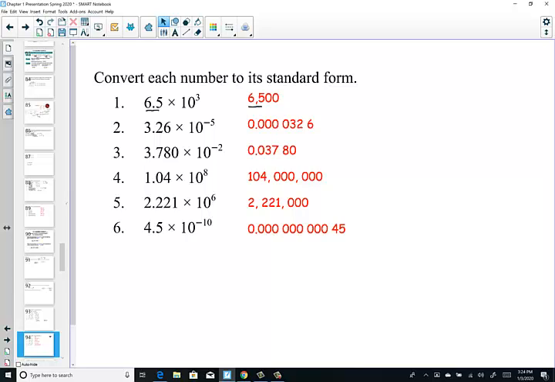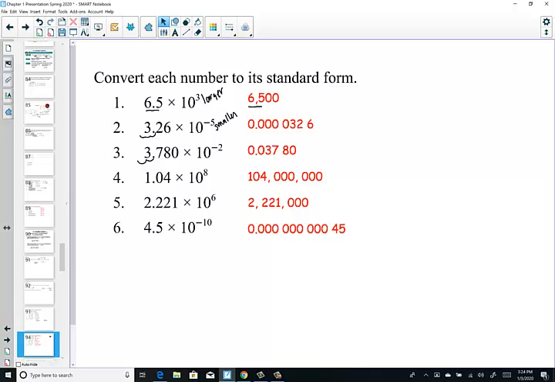3.26 times 10 raised to the negative fifth means I need to make this number smaller. Remember, the positive said make the number larger. The negative exponent says make the number smaller. 0.0000326 represents the standard form for number 2. Number 3, we made the number smaller by moving the decimal point 2 spots to the left,